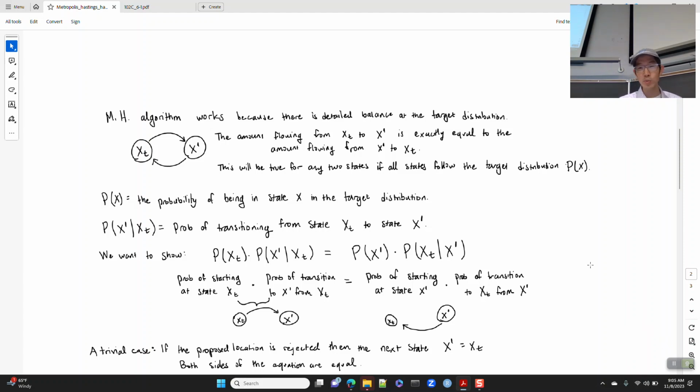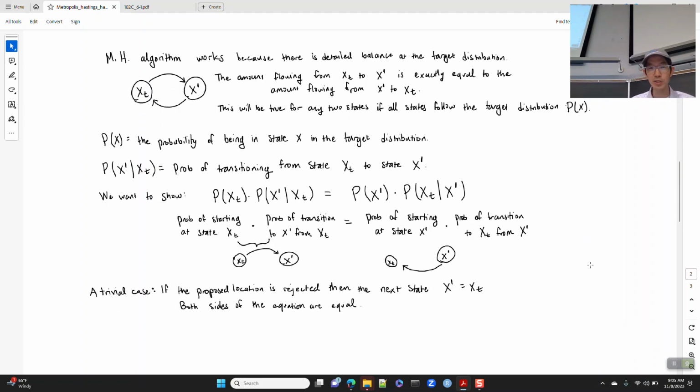What we want to show is that this Metropolis Hastings algorithm works because of something we call detailed balance. And we had this little illustration on one of the websites where we had balls